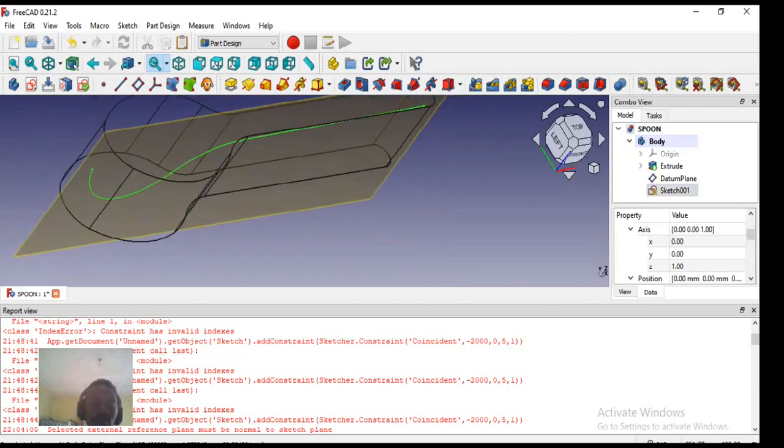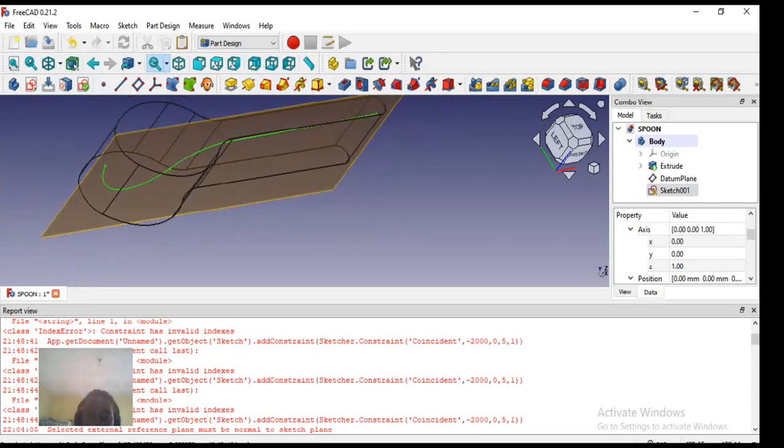I can duplicate this plane that I've already created to the other side and to the other side, so that I'll have this sketch and I'll loft. I'll still create the planes, which is possible, but instead of doing that, why not just duplicate this sketch? So I click on this sketch,